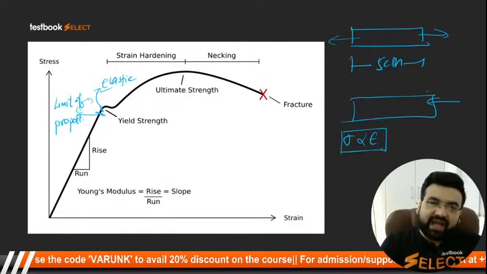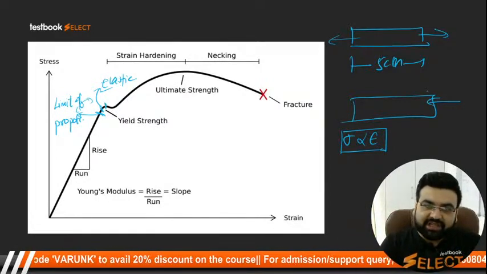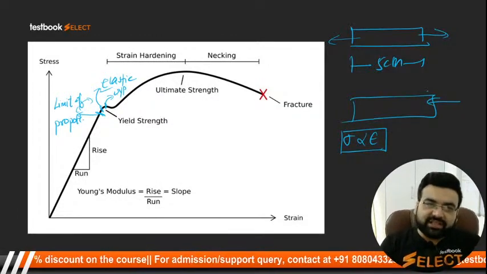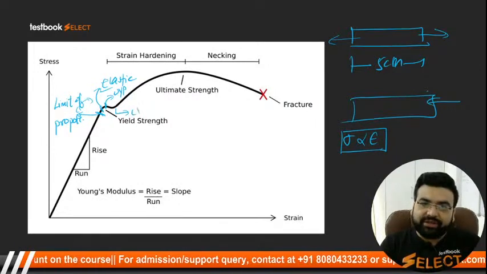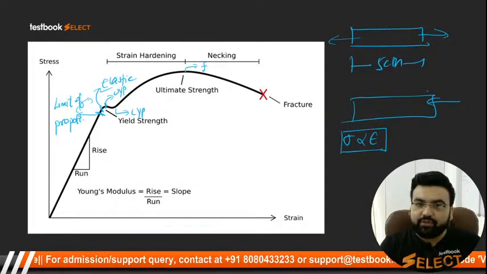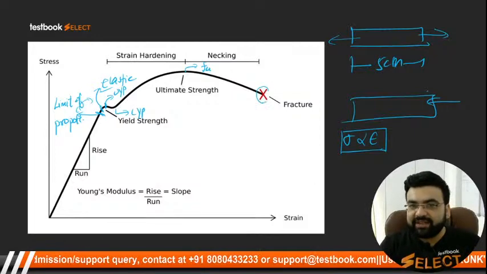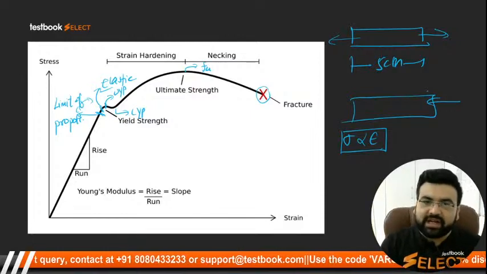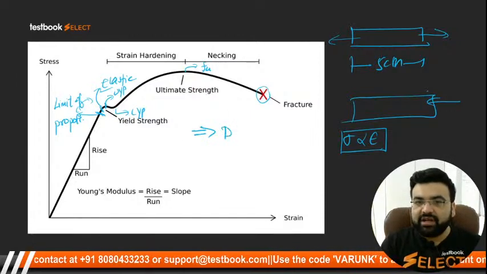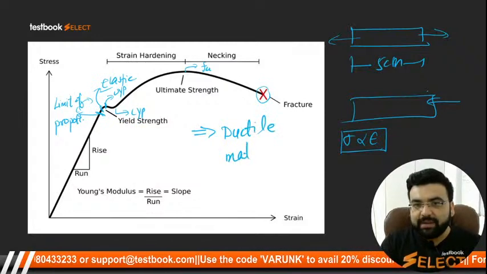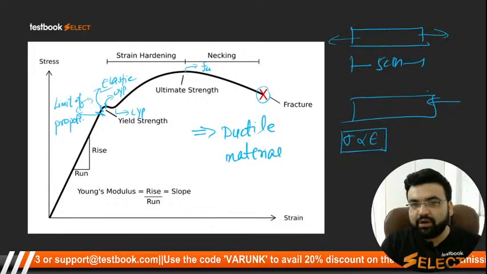After this students you will have the upper yield point. This point is called as the upper yield point. ये अपर यील्ड पॉइंट का मतलब क्या है स्टूडेंट्स, अभी आपको समझ में आ जाएगा. This point is called as the lower yield point. This point is called as the ultimate strength point or FU point, and this point is called as the fracture point. Clear? Now students, ये जो भी आपको ग्राफ देखने को मिला है यहां पे, it is for a ductile material. Ductile material. अब आप पूछोगे सर ये ductile material क्या होता है स्टूडेंट्स?